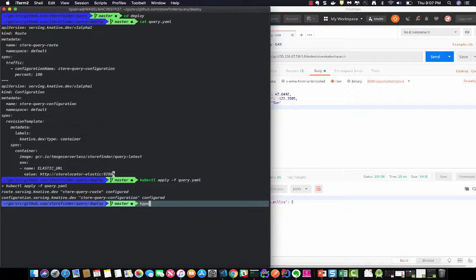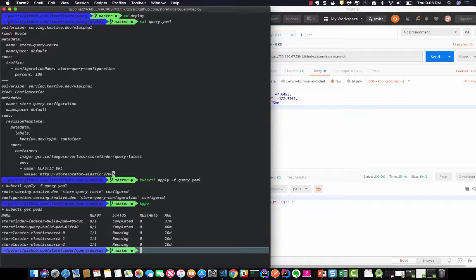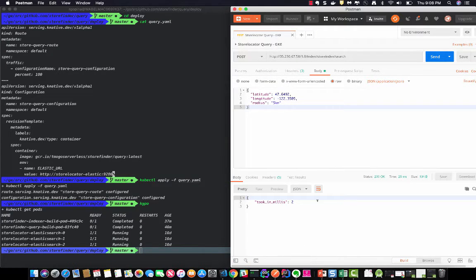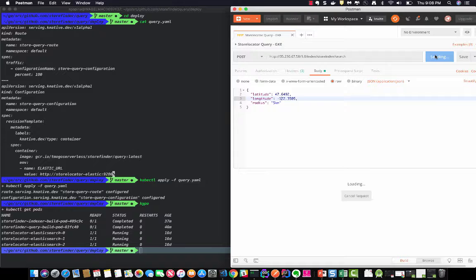If I do kubectl get pods, nothing's really running, and that's because there's no requests coming in. I'm going to go over to this Postman collection here, and I'm going to execute the search. The search actually has a sample payload, so this would be something that's going to come from mobile application, but for the purpose of the demo, I'm just going to use Postman. Here I'm specifying a latitude, longitude, and then the radius. So if I hit send,